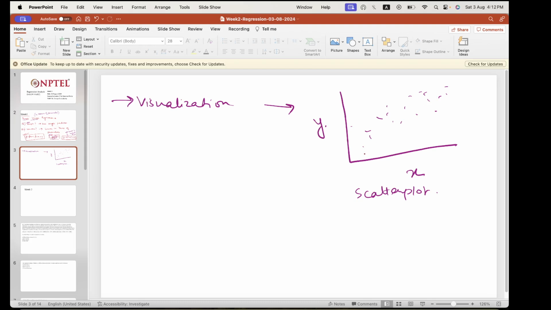It gives you a first glance of the data and tells you how accurate the line that you're fitting will be. Okay, so if you have some quadratic or cubic terms, or let's say if you have a scatter plot something like this,